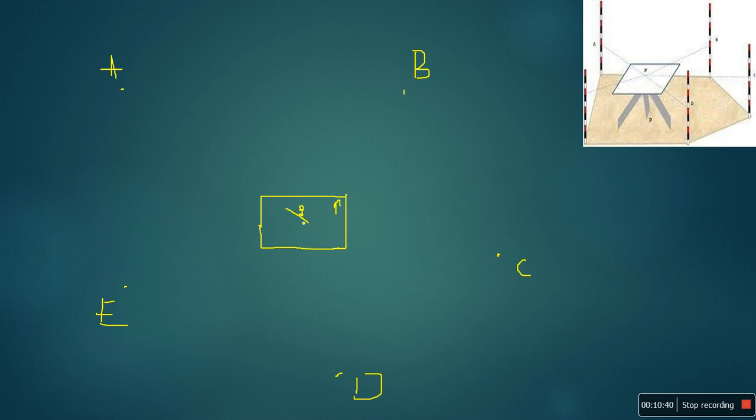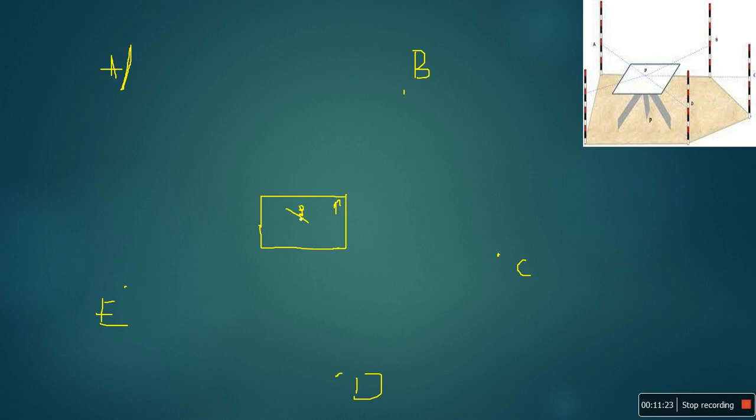Then you have to look from this side to this side, from the eye vane to the objective vane, and whatever the crosshairs is there, it should exactly bisect this ranging rod. Until then, at this point you have to rotate your alidade instrument. Keep your alidade at this point, then rotate it so that you bisect the A ranging rod with the crosshairs exactly coinciding on the A ranging rod. After bisecting the A ranging rod, stop the rotation of the alidade instrument.